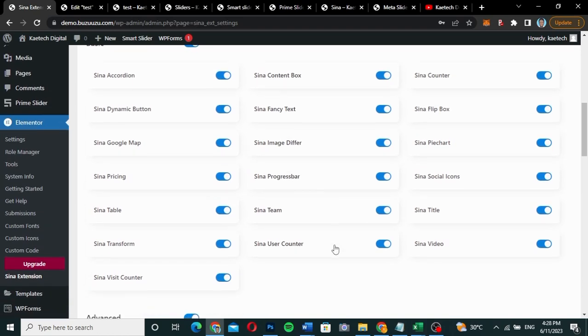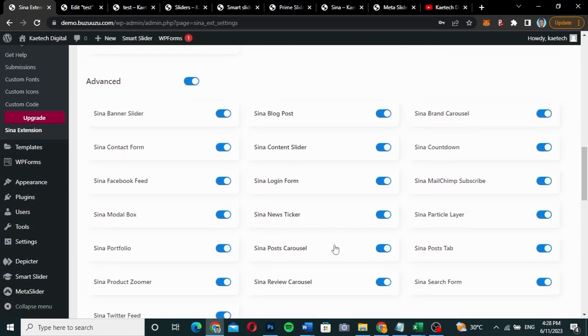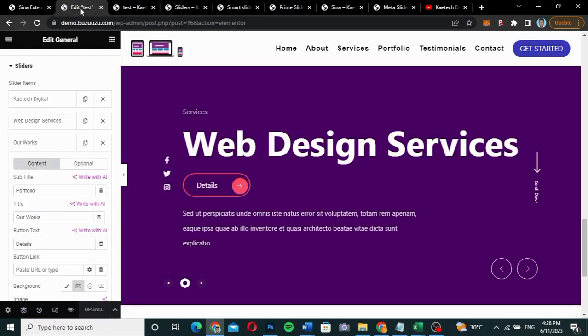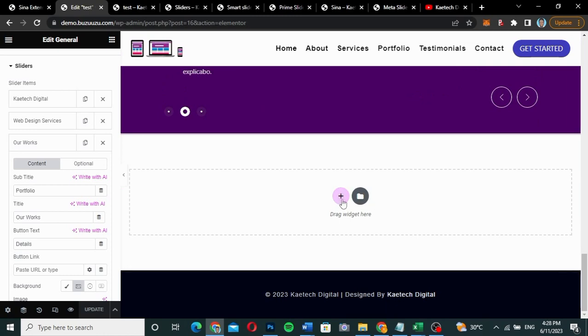So what we are basically interested in is the slider. Okay, so we want to use the slider. Now with the sliders, they have the Sina content slider and then the Sina banner slider. Now we want to use the Sina banner slider, and that is exactly what we want to use. Since it is already activated, let's go to our editor over here, and then we want to add